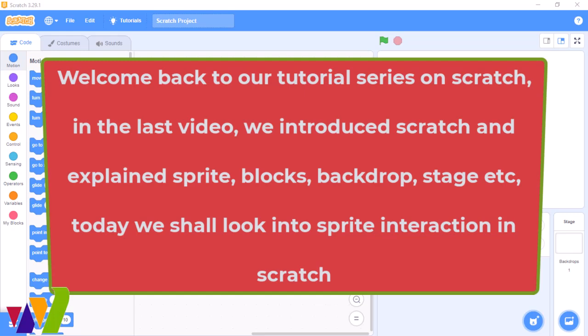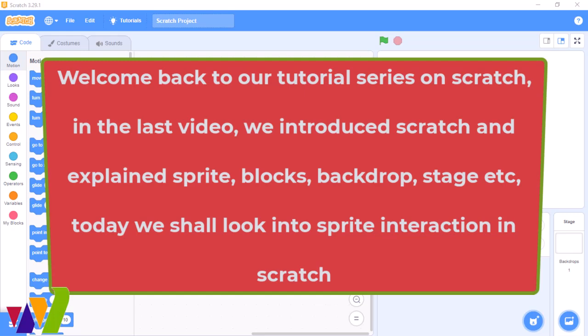So last time we had a video, or rather a lesson, on the Scratch environments, the code blocks and code categories we have, the backdrop, the stage, the sprite categories, backdrop categories, and all of that. So today we're going to take it a step further and we're going to make our sprites